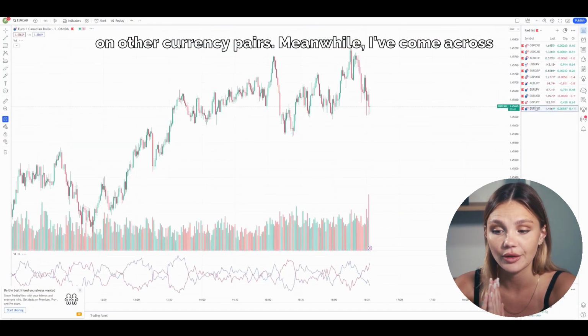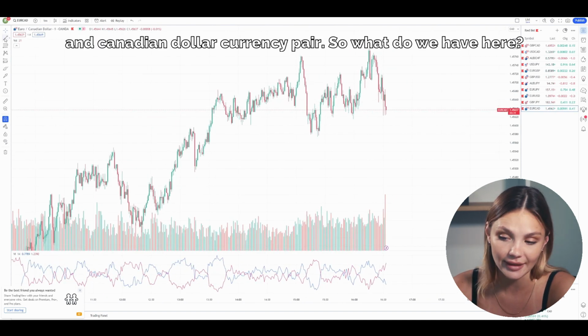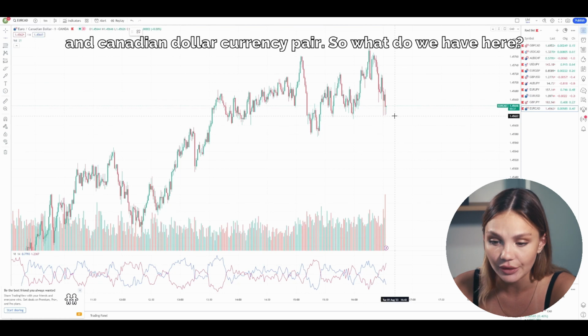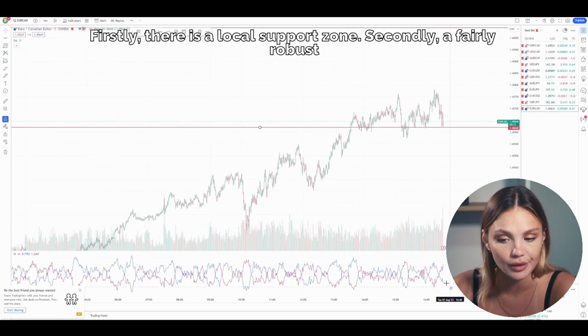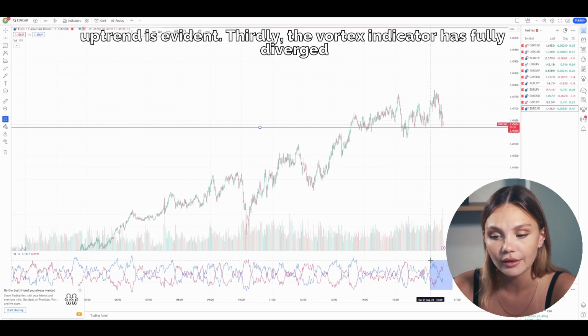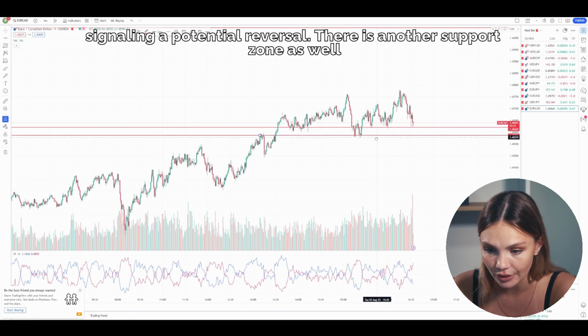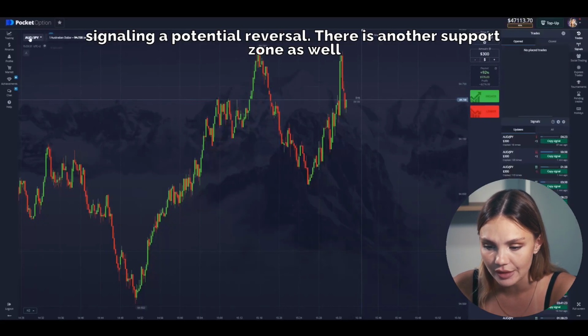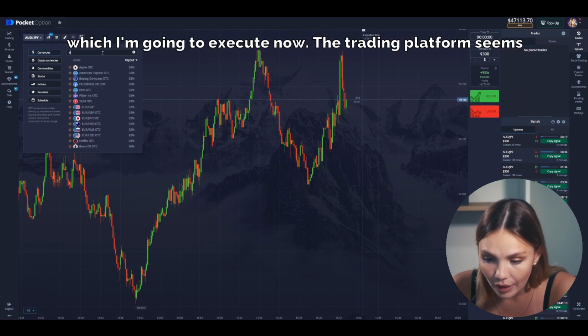Meanwhile, I've come across a really intriguing situation on the euro and Canadian dollar currency pair. So what do we have here? Firstly, there is a local support zone. Secondly, a fairly robust uptrend is evident. Thirdly, the Vortex indicator has fully diverged, signaling a potential reversal. There is another support zone as well, and overall it's a suitable setup for a buy trade, which I'm going